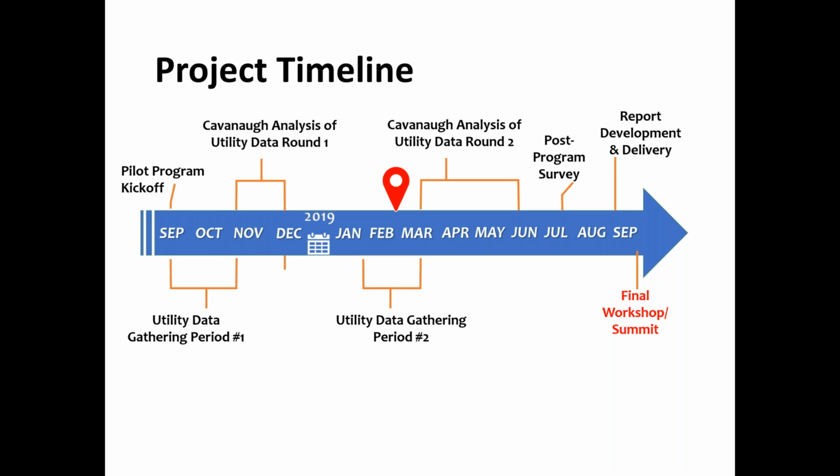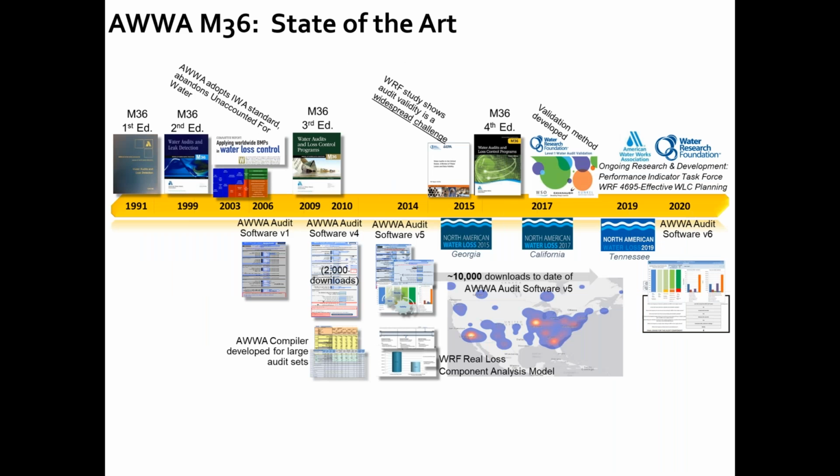There is intended to be a final workshop where the program participants get back together, but that's not until a little later this year. It's more about sharing the results and orienting ourselves towards how you might move forward once you're done with this particular program, and carry these things into action and business practices at your utility. So that's a quick overview of the timeline.